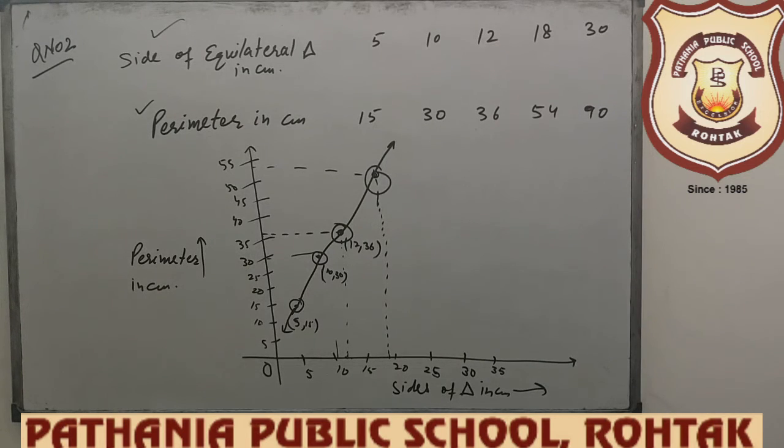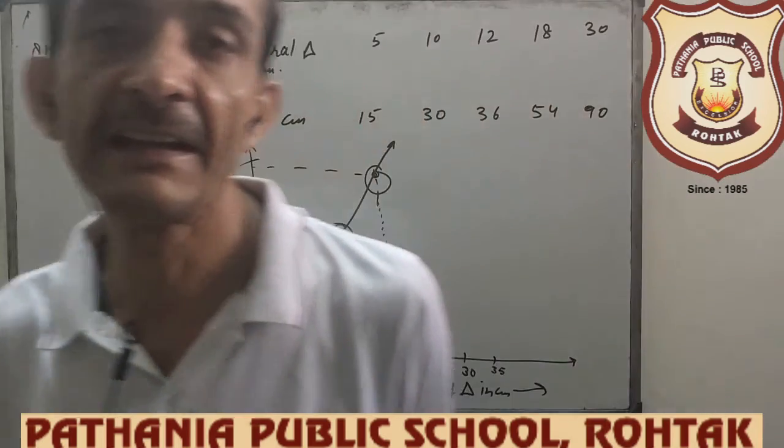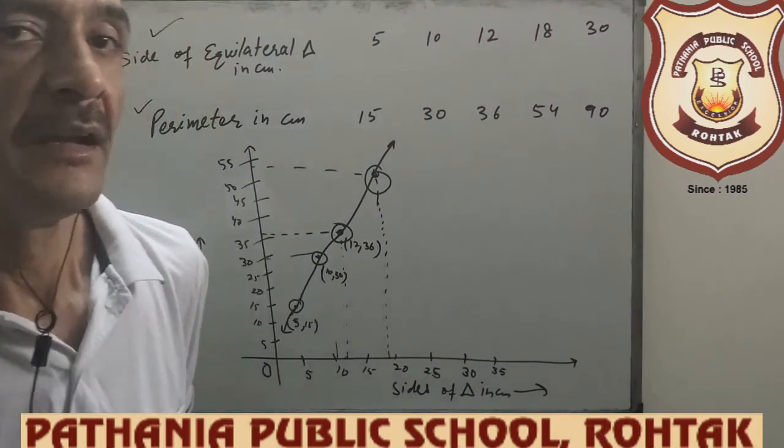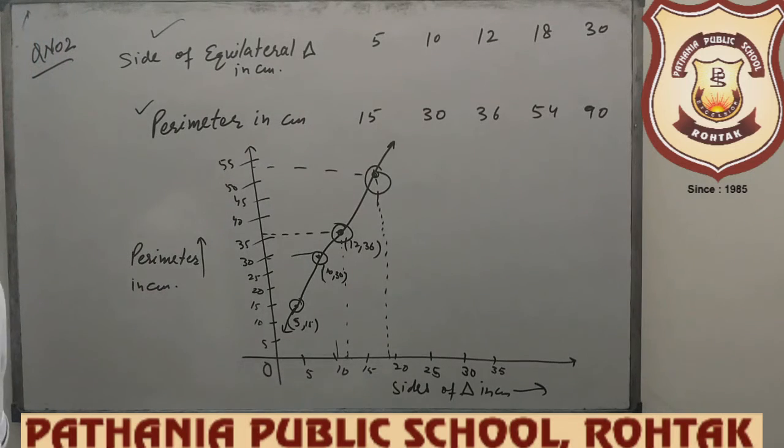Question number 3. What is in question number 3, son? In the same way, the side of a square is given and you have to find the area. Side of the square and area. Area is not given. You should calculate. What is the formula for area? Side squared. If the side is 3, then the area is 9. If the side is 5, then the area is 25. For 8, 64; 10, 100; 12, 144.